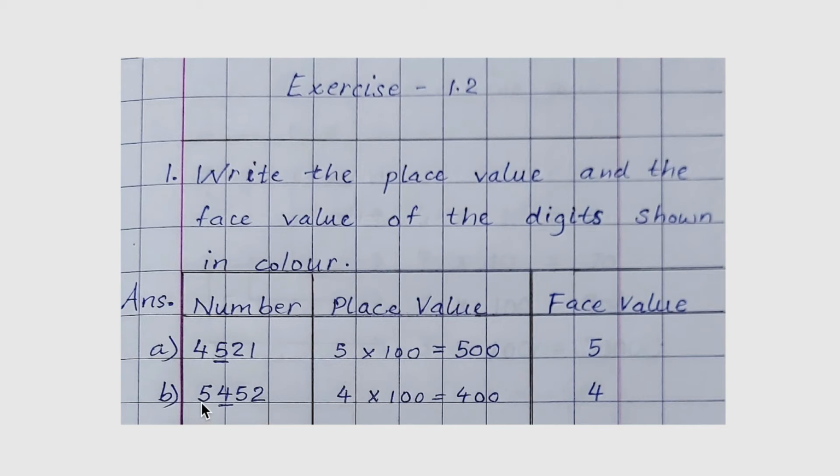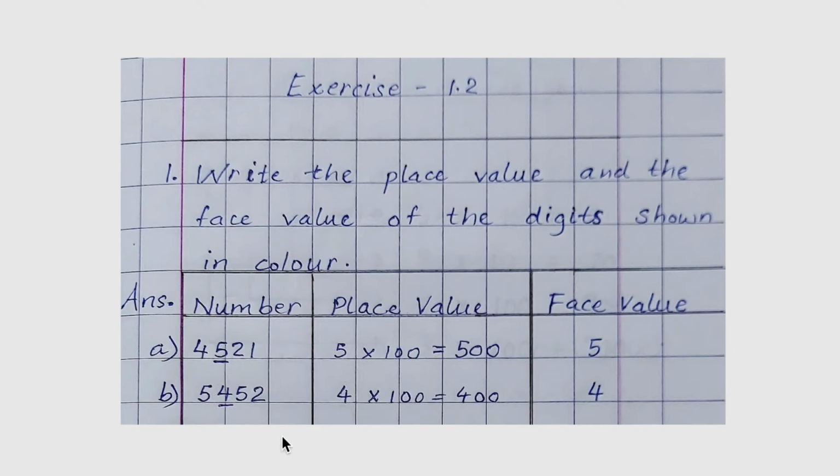Then the next one, we have this number. Let us read aloud the number: 5452. Now, over here, 4 is colored in the textbook. So, you will underline digit 4 over here. Then, we have 4 at hundreds place. Again, ones, tens and hundreds. So, the place value of digit 4 will be 4 times 100, which is equal to 400. Then, the face value of the digit is the digit itself. So, that is 4. Like this, complete the entire question. You can write the places above each digit: ones, tens, hundreds, thousands. Like that, you can mention each of the digits in the numbers.